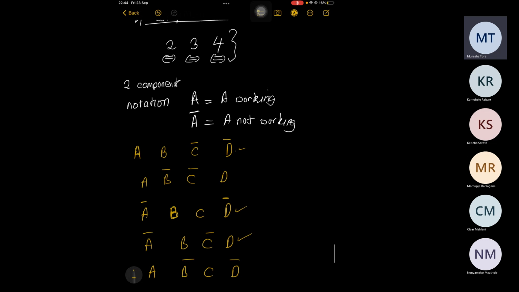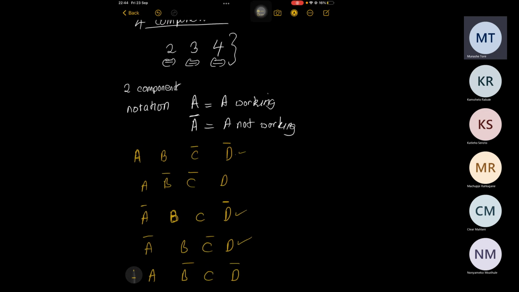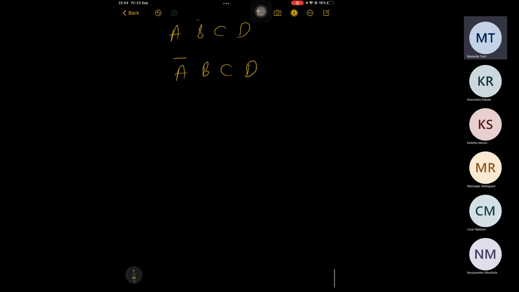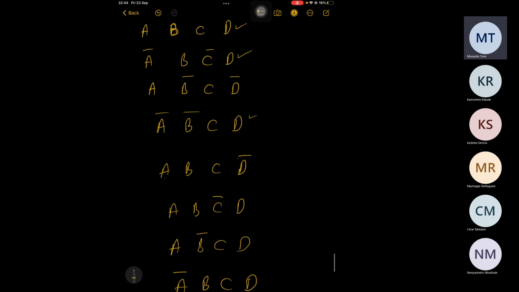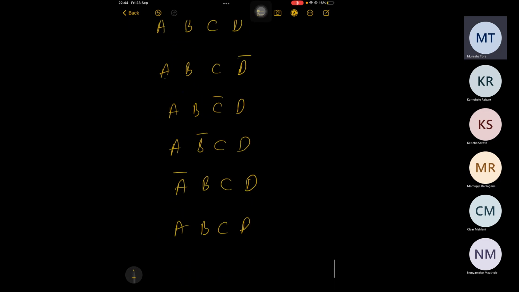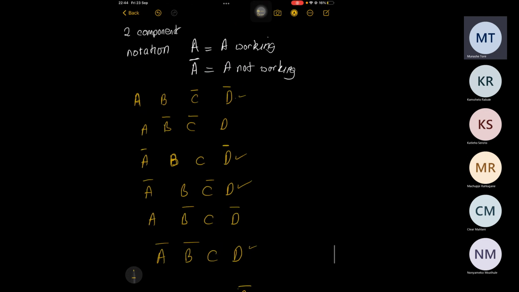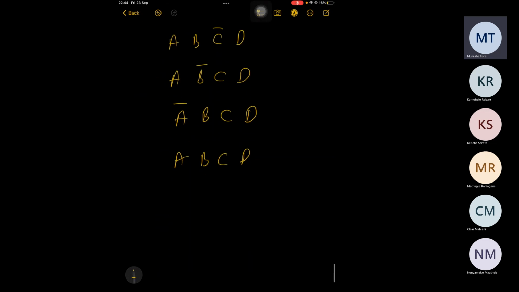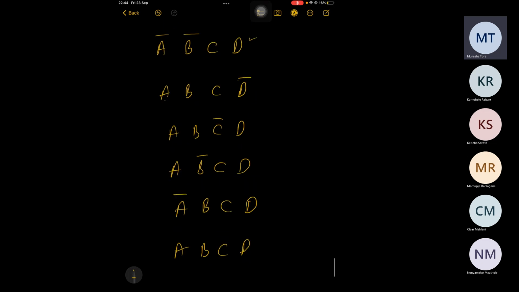Then this is worked out for 2, worked out for 3. Then what about for 4? When all 4 components are working, it's just going to be A, B, C, and D. See, which is fine. So you can see how long these combinations are. If you want to take this route, it's going to be this long, but you can take the other route where you subtract those 2 from